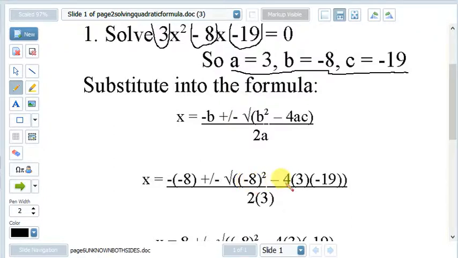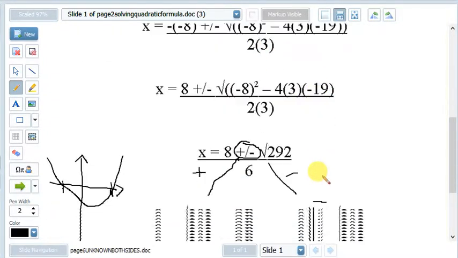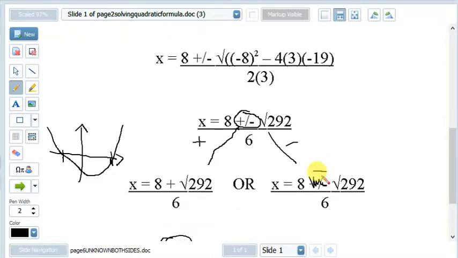And then we take away 4 times a, and a is 3, times minus 19, which is our c. And again, I just put the values down in brackets because that's just my way of doing it. Brackets in mathematics means times. So then on the denominator we've got 2a, and 2 times a is 2 times 3. So now what we do is we simplify